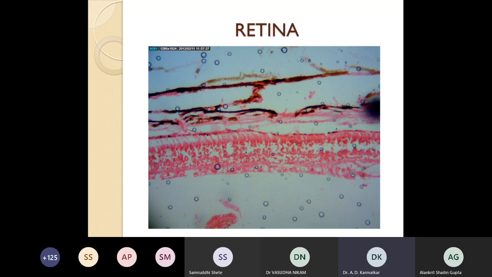Okay, so these are the 3 important slides for us, but also the sclerocorneal junction, that is the limbus, in which we have the canal of Schlemm. It is very important for us. We should know about that. Along with that, you should know the gross anatomy, the eyeball, the extraocular muscles. So viva may go anywhere. So be prepared with all these things. Okay, so this is for today. Thank you.